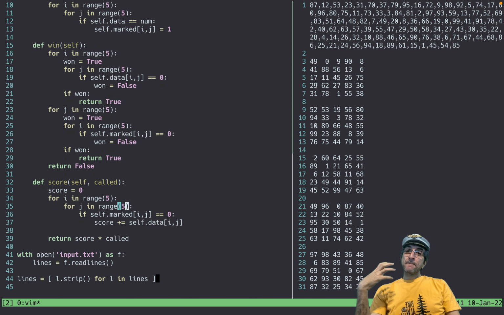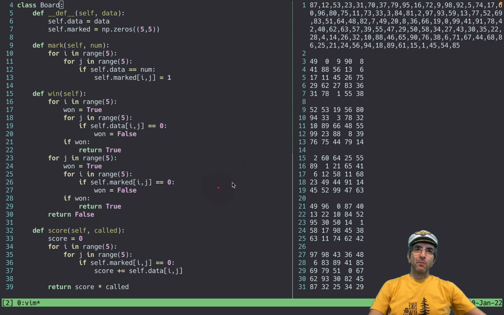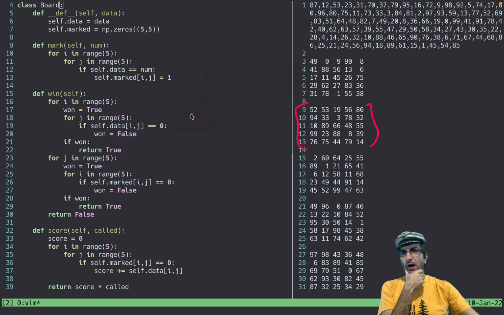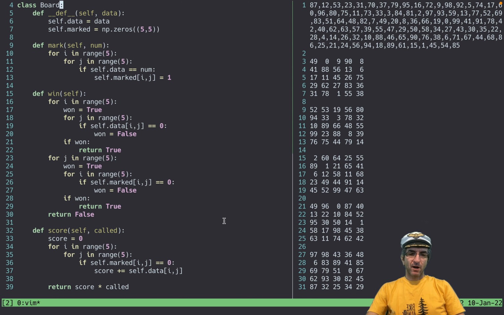Okay. See, when I was creating my class, I have not bothered about my input, my lines, how this works, what I should do, what the squid does, where the submarine is, who is the leader, and everything. What I did was I was just thinking about my class as a normal programmer. I've said, okay, I have a class of board. It's initialized like this. Mark does this, checks everything if it's in mark. Win has this logic. And score has this logic. Now I have my classes.